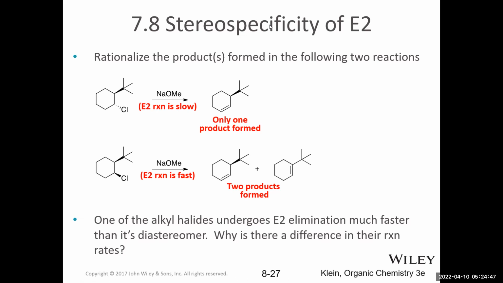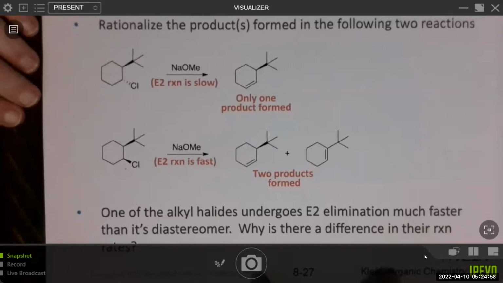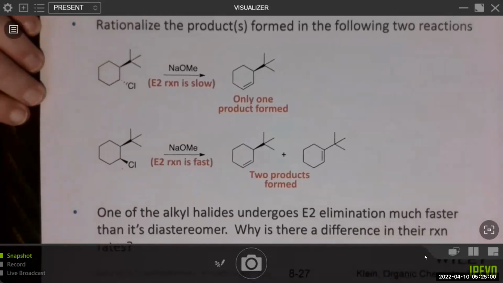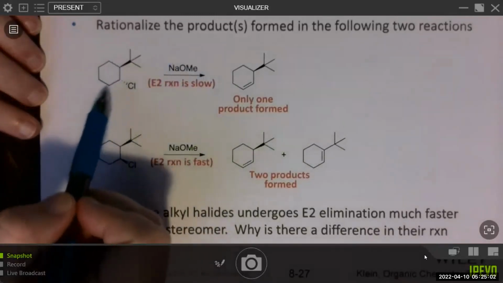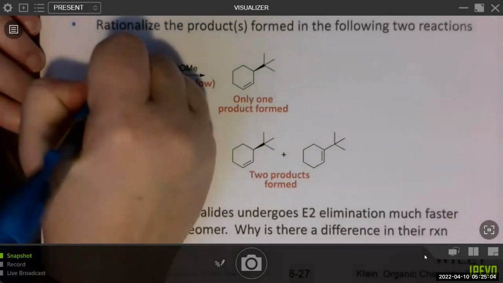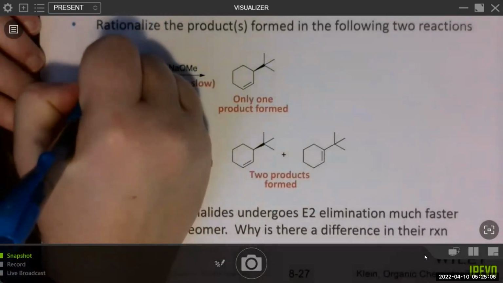Let's go ahead and talk about what exactly I'm talking about here. Go ahead and start to draw it out. Okay, so the first thing that we want to look at is the hydrogens, right? So there's the alpha carbon, there's the beta carbons.